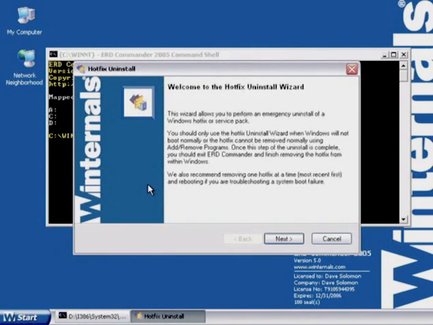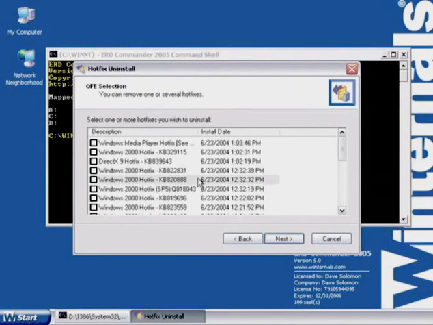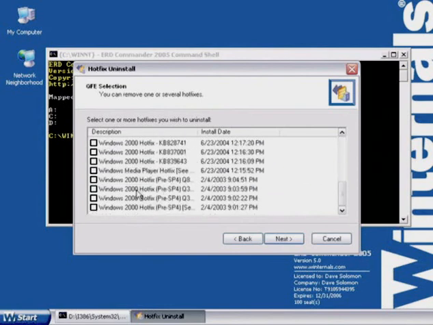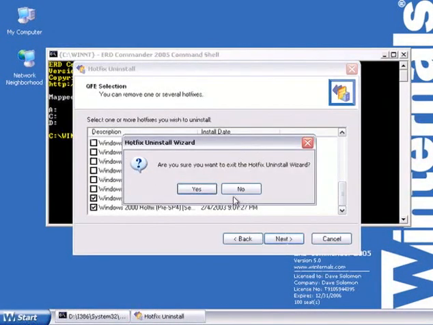Sometimes companies are afraid of applying service packs or hotfixes because they're not sure if their driver configuration on their systems is incompatible with the hotfix or service pack. If your system becomes unbootable because of such a change, the hotfix uninstall wizard lets you enumerate the hotfixes or service packs stored on the system and then undo them. So you can simply select them off, press next, and it will deinstall them.